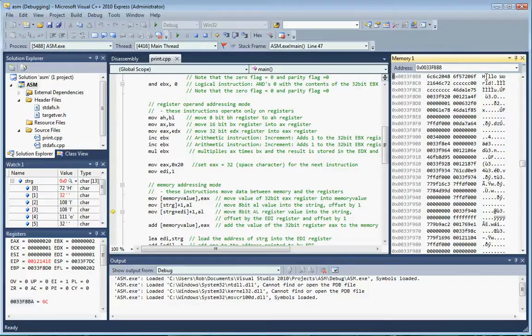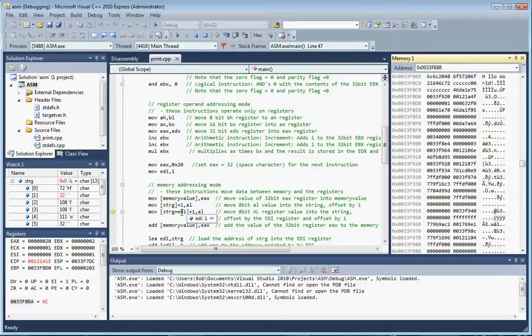Notice we set the EDI register value to 1. And we can also index. This is good for three-dimensional arrays, where you want to have two different things pointing to the value. So in this case, we've got the EDI value, and then you've got another offset. So it's string plus the value of EDI, which in this case is 1. So the string value plus 1 plus another 1 is going to put us at